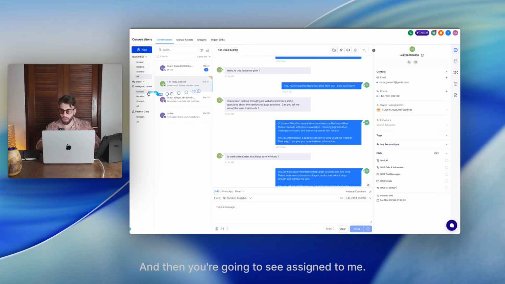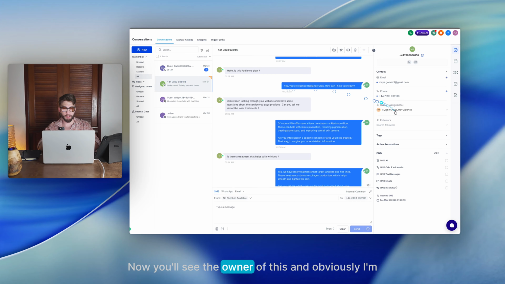And then you're going to see assigned to me. So in your workflows, depending on whether it's just you as a sole business owner, or if you have staff, let's say you have salespeople or receptionists or whatever it may be, they're the people that really pay attention to the lead flow, right? Because as a business owner, maybe you're not dealing with that on a day-to-day basis. Maybe you're in a big company with more staff, right? So you'll find that you can assign conversations and leads to specific people in your team.